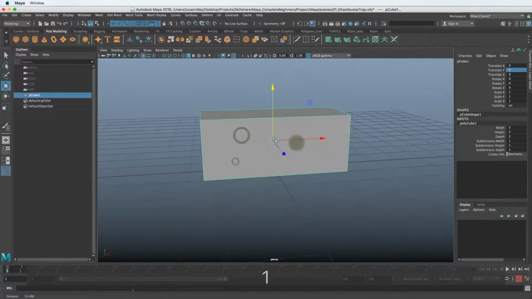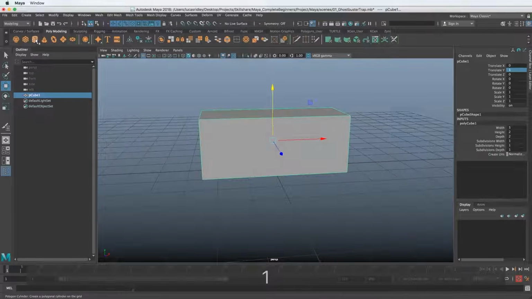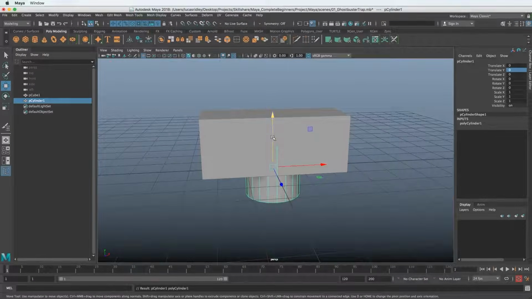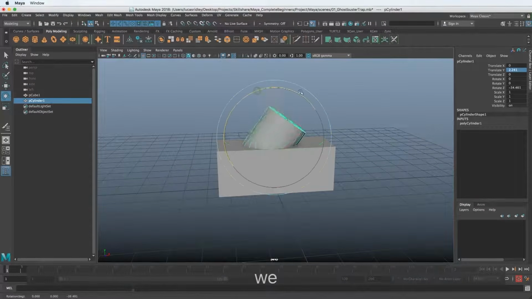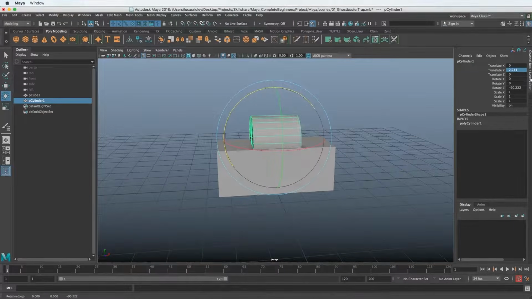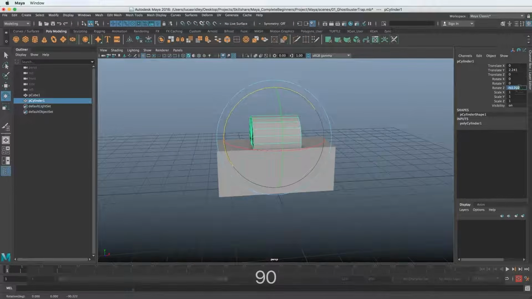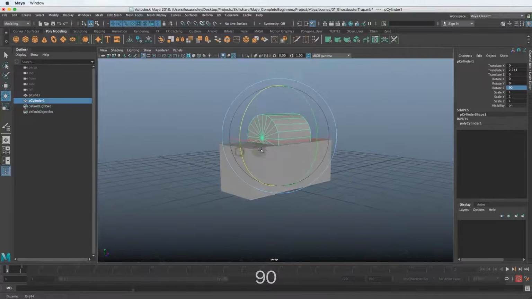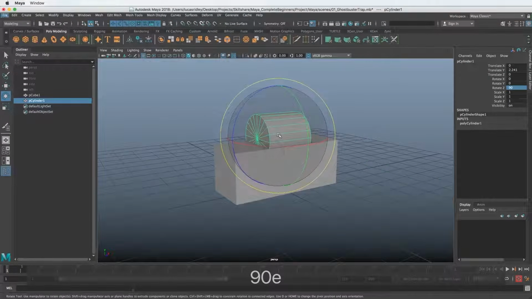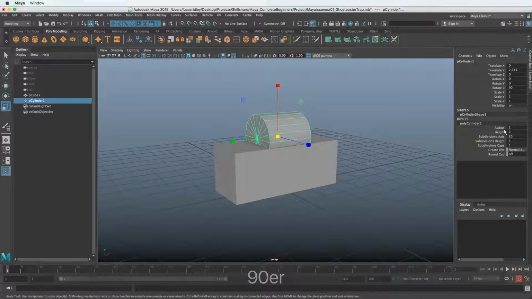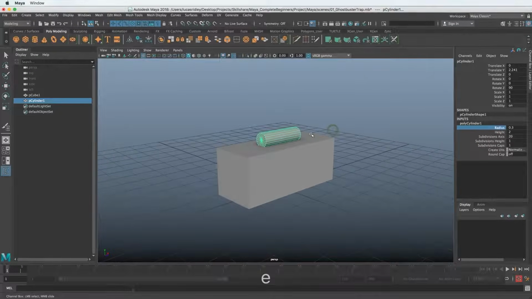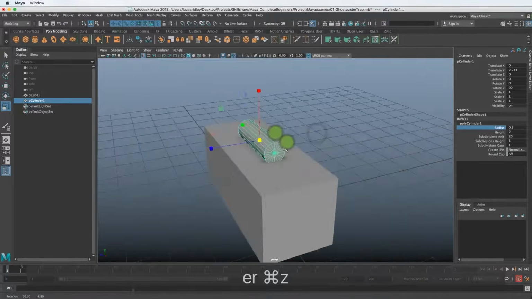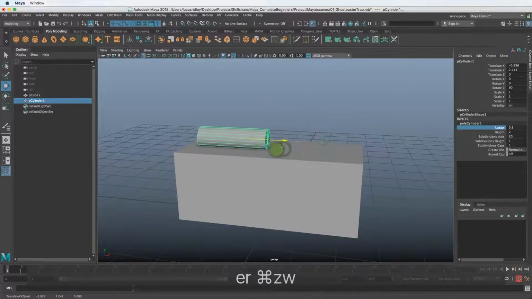Now let's create the handle. We can click the cylinder here and drag this up. You can hit W if you don't have the manipulator selected yet. You can hit E to rotate this over. And to get it exact, we can just type in 90. You can do -90 or 90. For us, it doesn't really matter right now. And we could scale this down, or we could use, similarly, these types of attributes over here. So we could reduce the radius, or we could just scale it down with the scale tool by hitting R. And let's move this to one side and move it up.